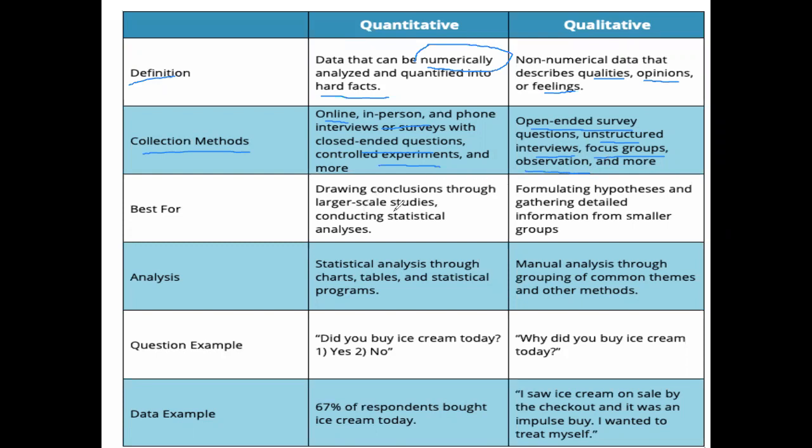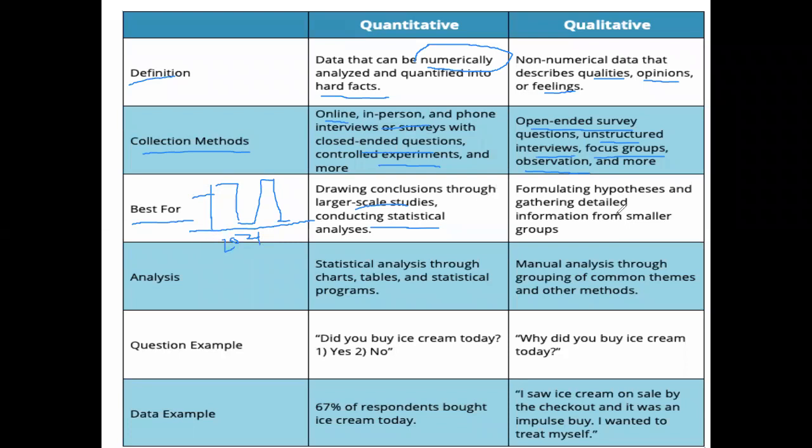And what is it best for? Drawing conclusions through large-scale studies, conducting statistical analysis. This depends on your analysis. For example, if I'm drawing a pie chart here, for an analysis you can understand. Suppose I have to do a result analysis of the number of students. Suppose I take the year 2021: what is the third-year result? I have to check it. So what is the students' result in 2021? Suppose it is 100%. Likewise, we are doing analysis on numerical values only.